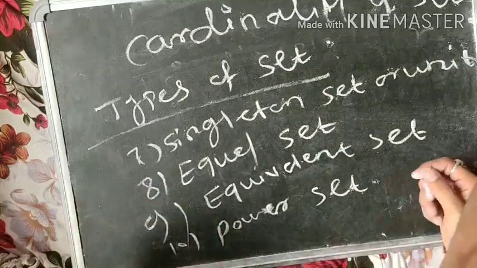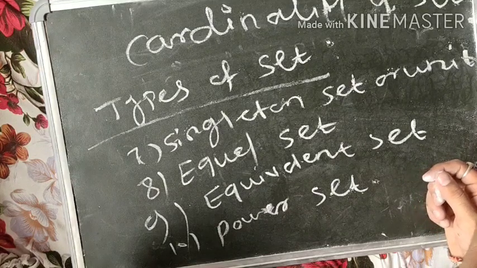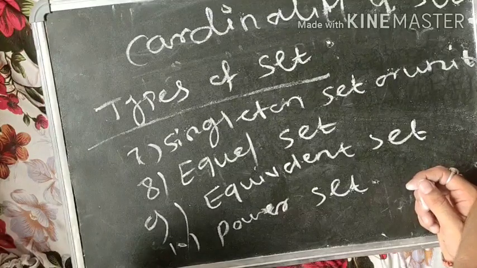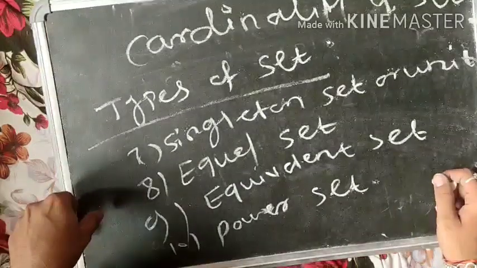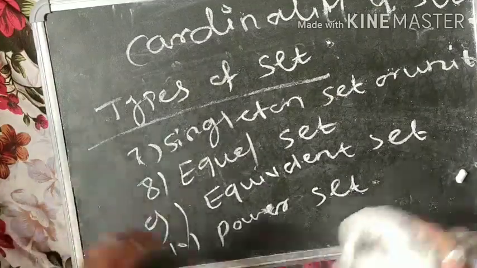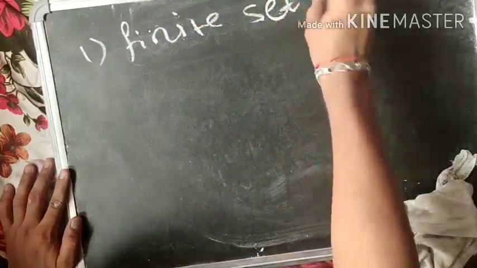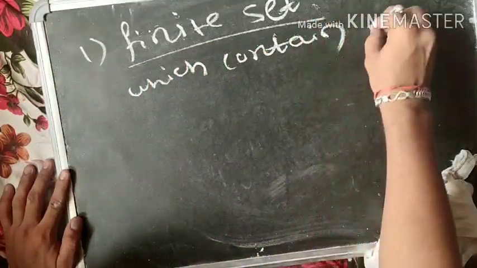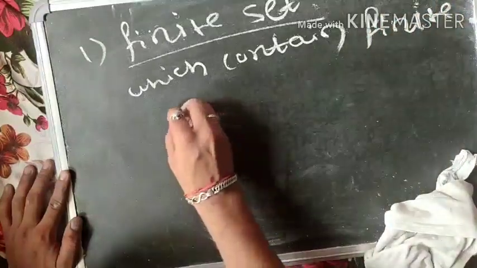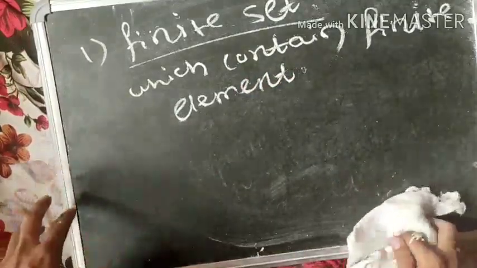First is the finite set. So what is a finite set? A finite set is a set which contains a finite number of elements. The first type is the finite set, which contains finite elements, and is called a finite set. Finite elements means